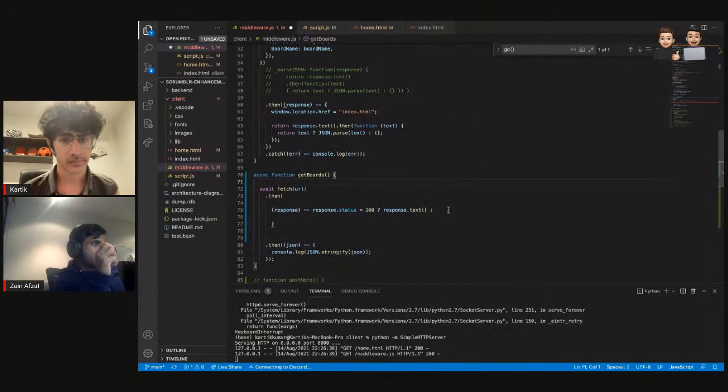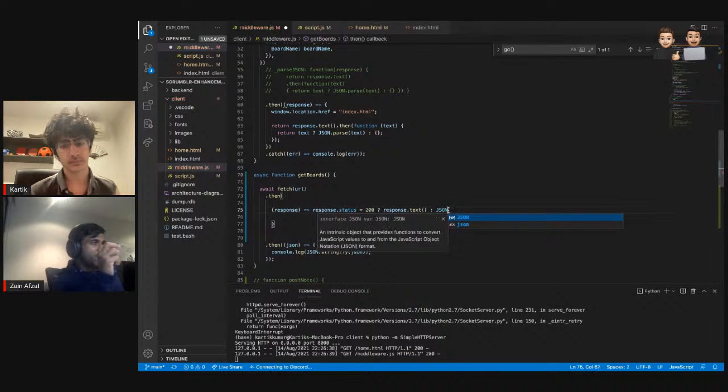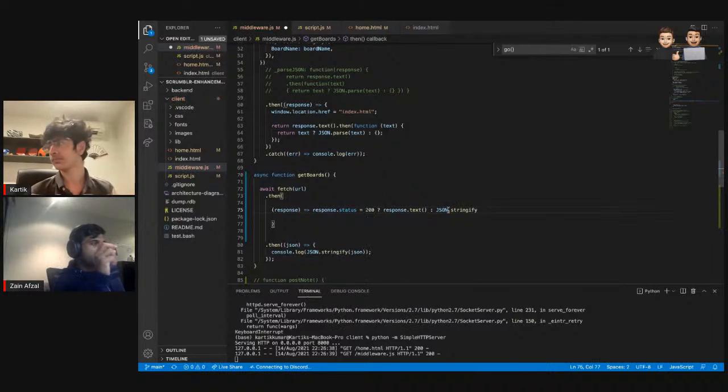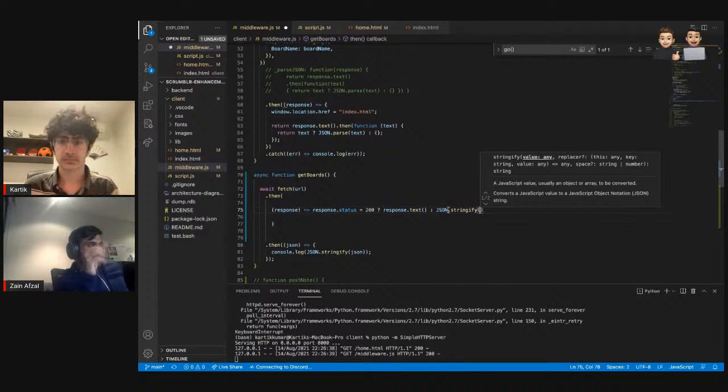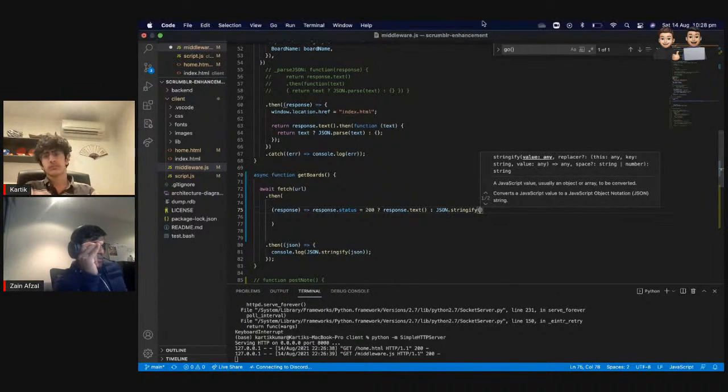JSON dot stringify, and then just write a string that couldn't get the board. Actually, then we need to.